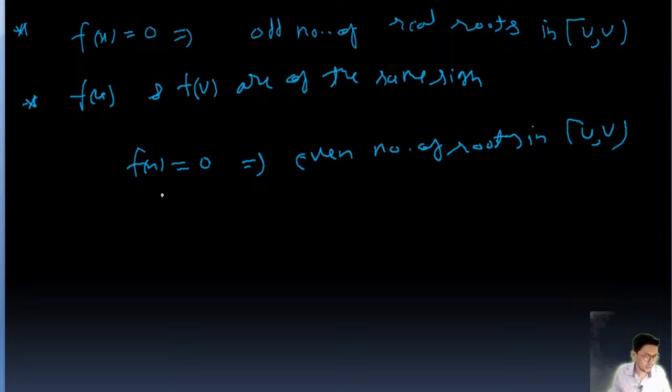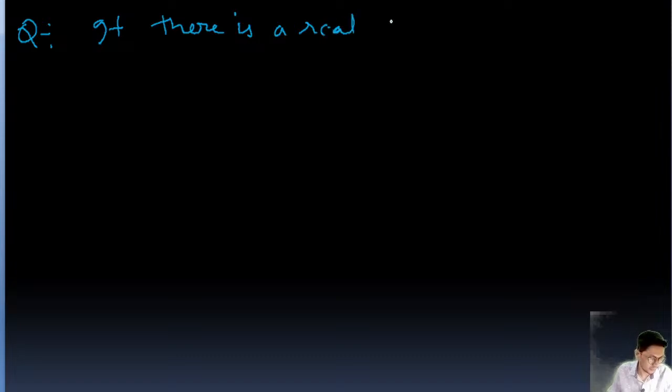Now I will solve one question, and then we'll go for the bisection method. I'll solve the question, then this will clear your doubt. The question is, if there is a real root